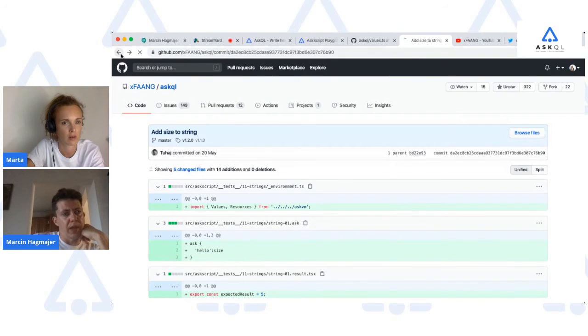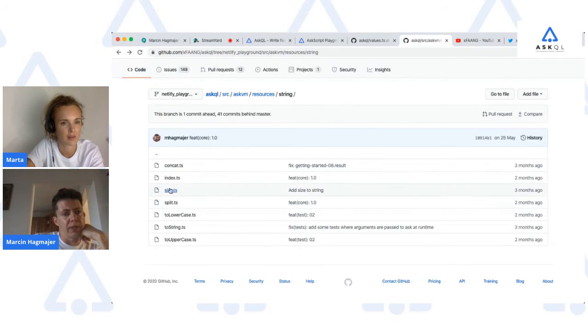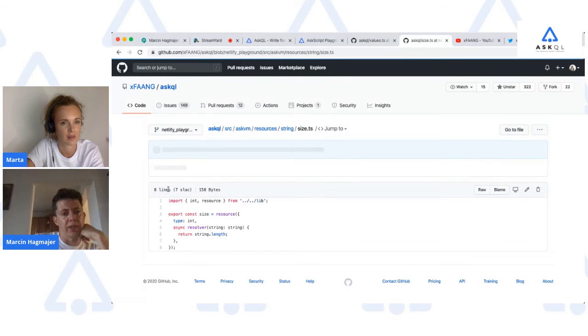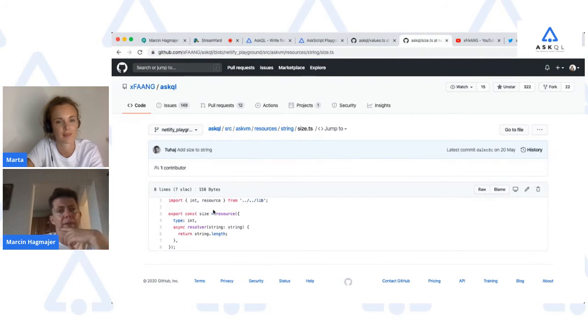What did I click? You clicked on the latest commit, the latest change to this file. Okay. The index resource needs a string and gives you a number, so this is the input and this is the output.